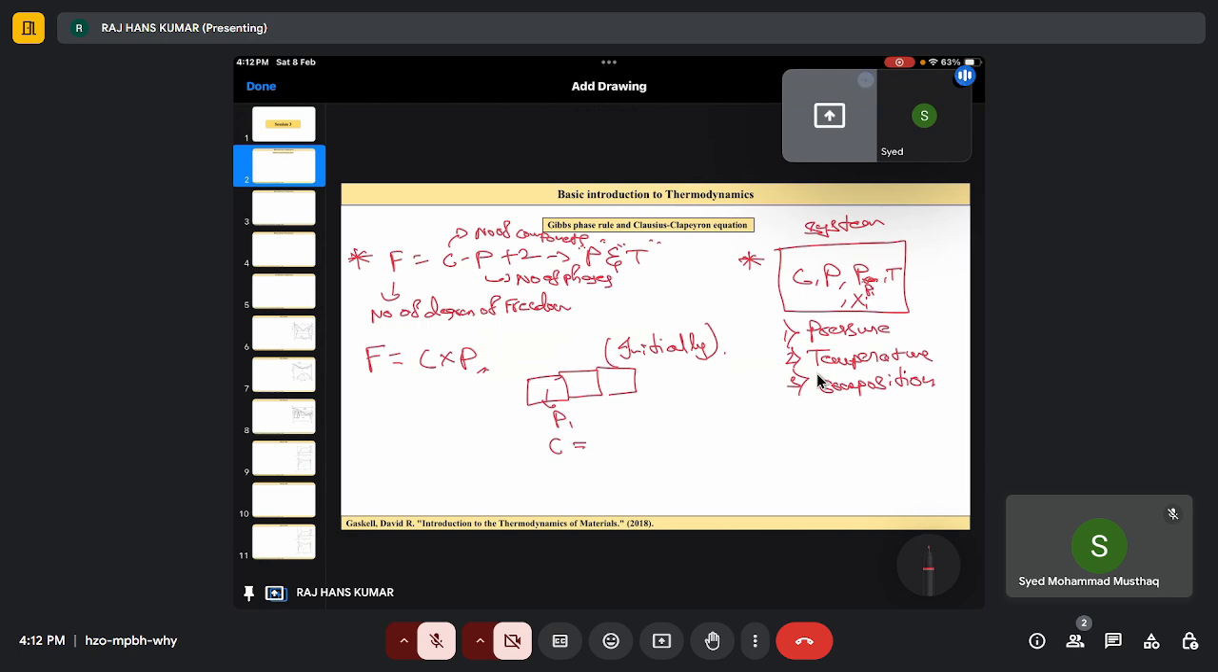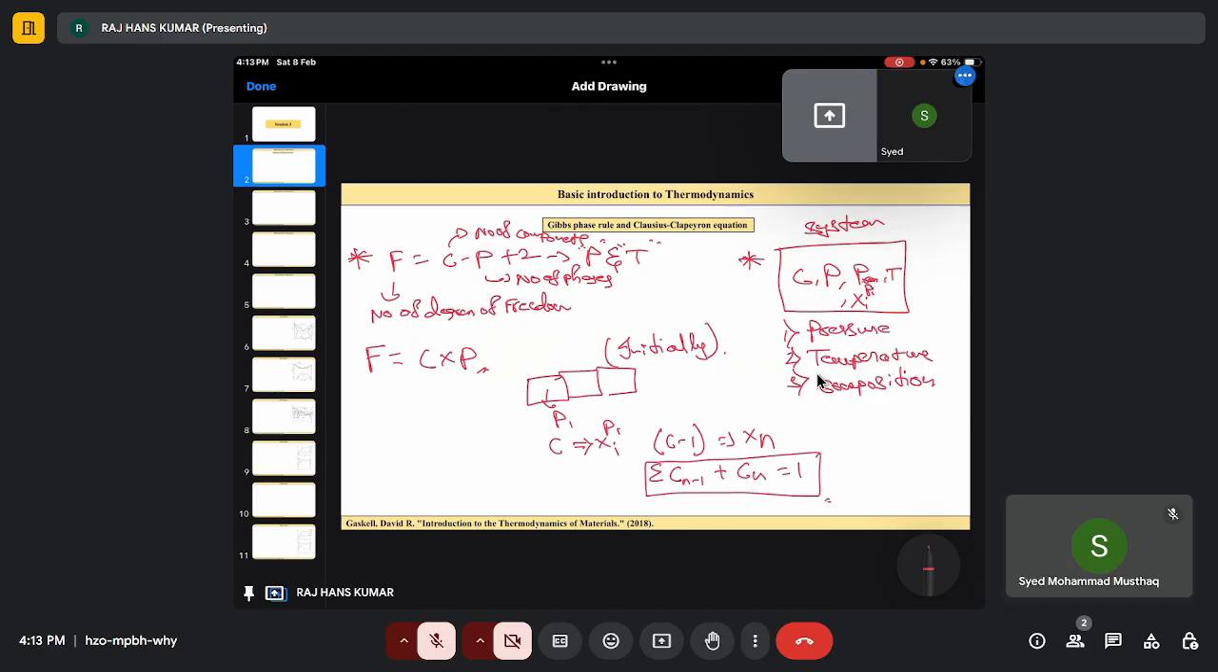Now, each component has a mole fraction, right? Each component has its own composition. Now, if we know C minus one components' mole fractions, then we can derive the last one, right? Or we can call it as xn. So, for example, if we know all the components' composition from C1 to Cn minus one, then Cn will be equal to 1,